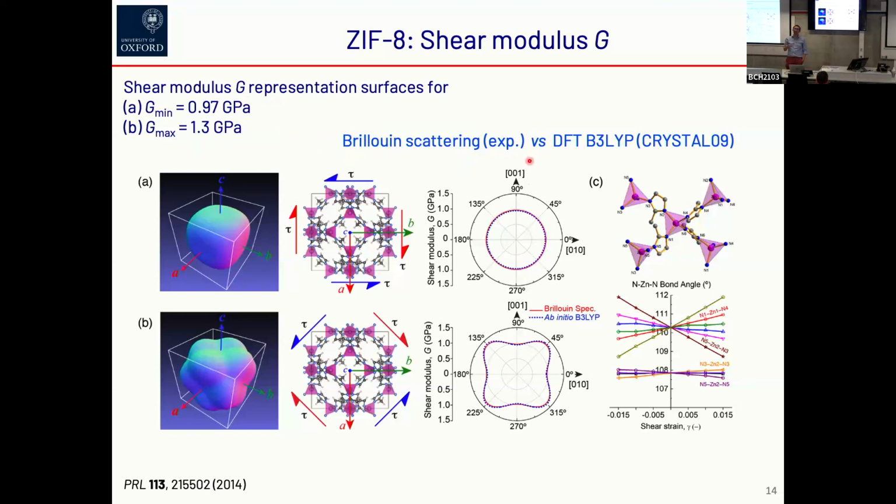And the Brillouin scattering in conjunction with DFT helps us reveal the maximum and the minimum in terms of shear modulus. So what I just want to show here is just the anisotropy that should be appreciated. Okay,